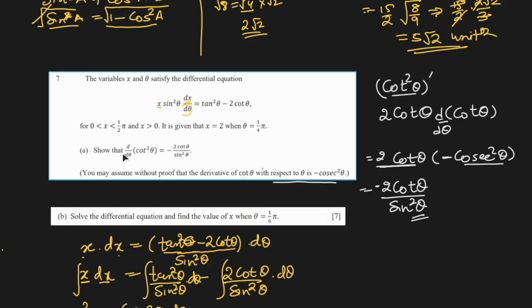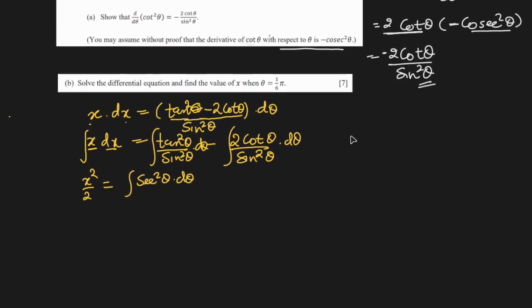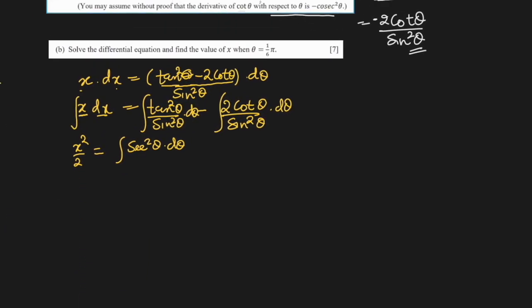Can you see? D over d theta of cot square theta is minus 2 cot theta over sine square theta, exactly same, right? That means the integration of this will be cot square theta and positive. This is negative, that is positive, so we have to write positive here. Plus cot square theta plus c. Now we have to integrate this one. X square over 2 will be integration of secant square theta, which is just tan theta, plus cot square theta plus